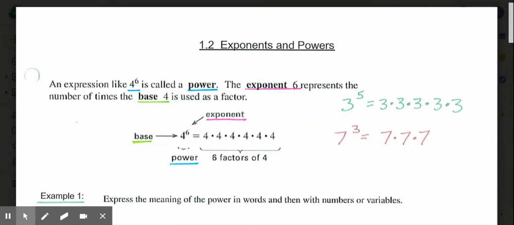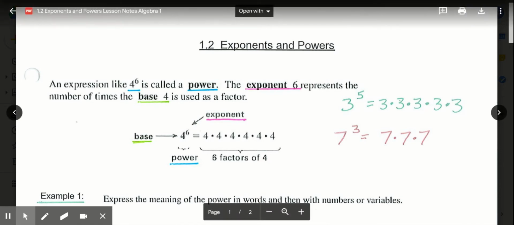Hi, and welcome to our second algebra lesson, lesson 1.2, exponents and powers. So today, obviously, we're looking at the concepts of exponents and powers, which are defined in these first couple of